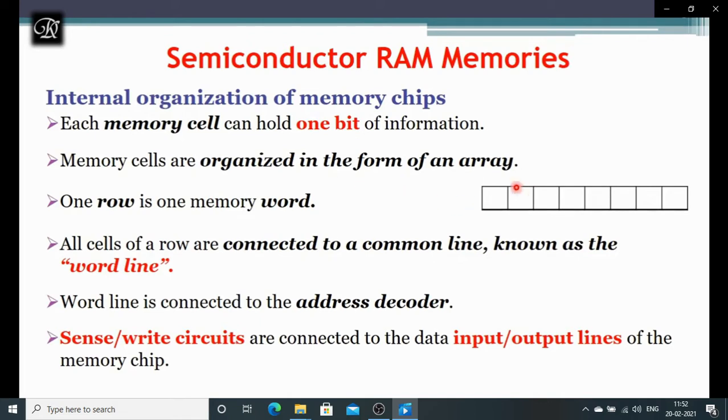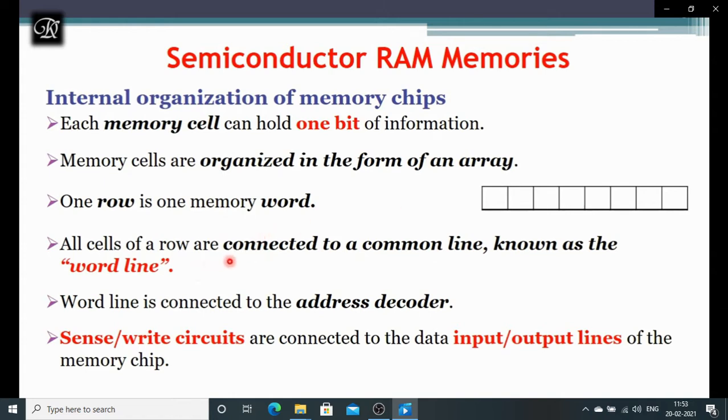This complete group we will call an array, where memory cells are organized in the form of an array, so that we can do contiguous allocation and store the data together. Each row in the memory, as we have seen in the previous discussion, we call a word, and out of the given address, we use part of the address to recognize the word, and the remaining bits will be used to recognize the bytes inside the word.